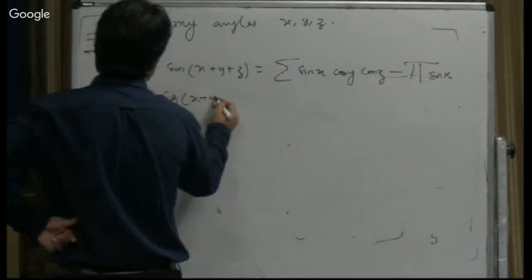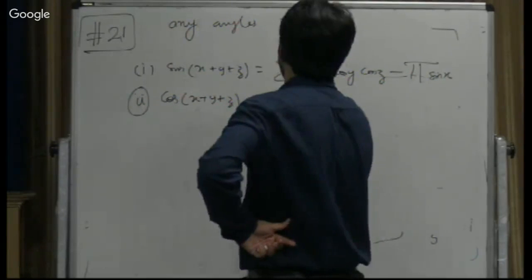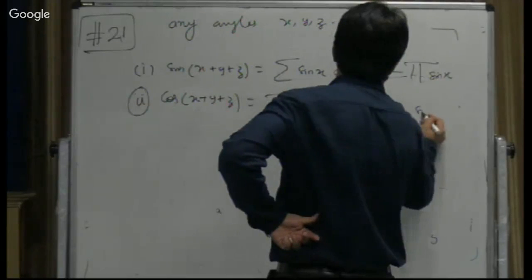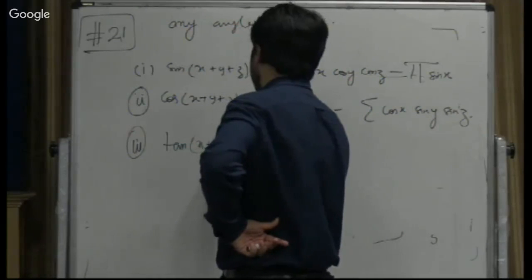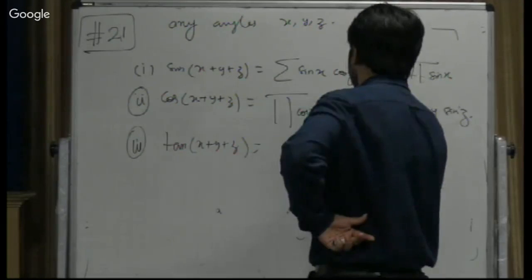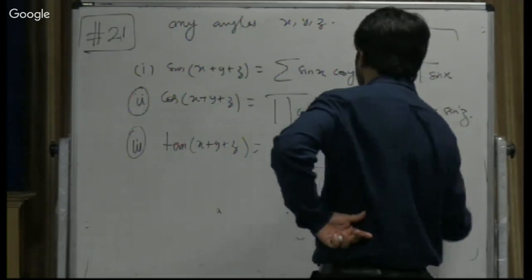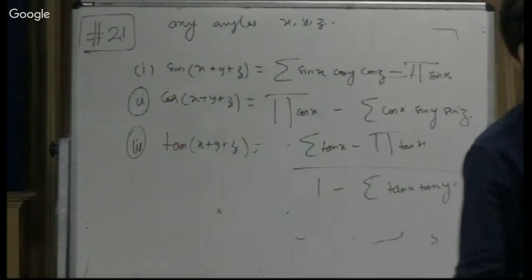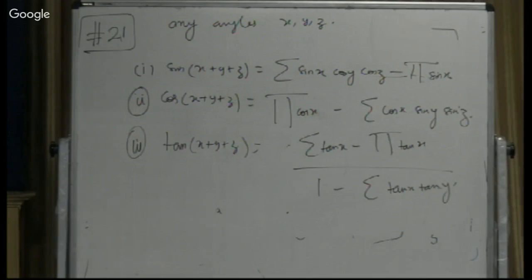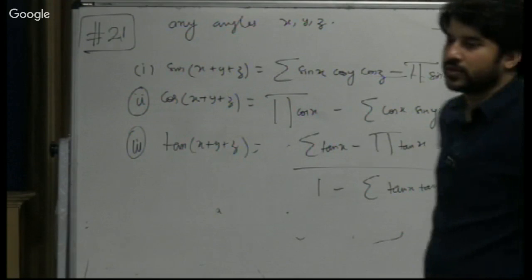cos x plus y plus z is actually equal to pi cos x minus sigma cos x sin y sin z, and third tan x plus y plus z is equal to sigma tan x minus pi tan x upon 1 minus sigma tan x tan y। इसे रट लो, प्रूफ करके रट लो, करो प्रूफ करो, करो जल्दी प्रूफ करो तीनों को। कैसे करेंगे प्रूफ,